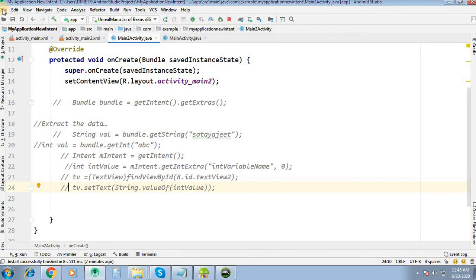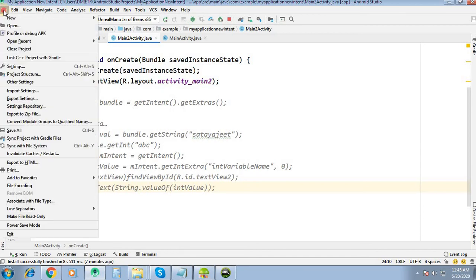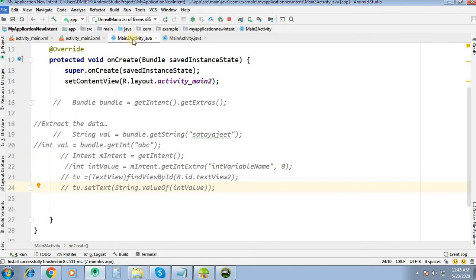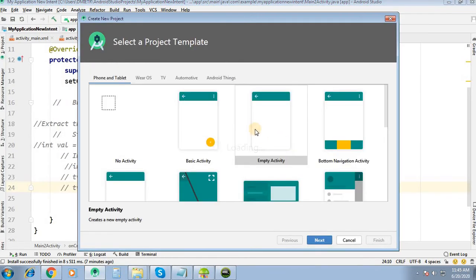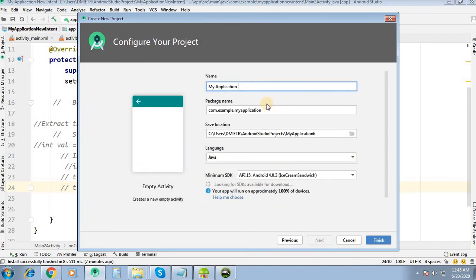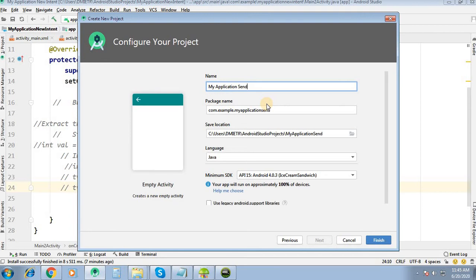Go to file, new project, empty activity. Next, my application, send int, Java, API level 50, and click on finish.